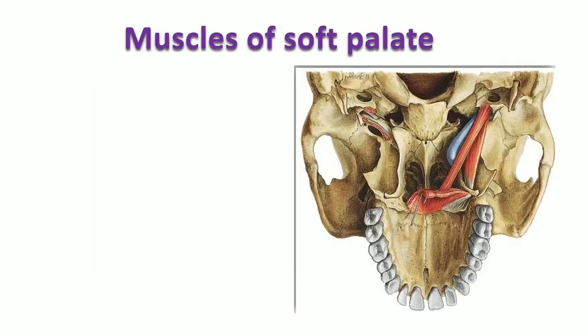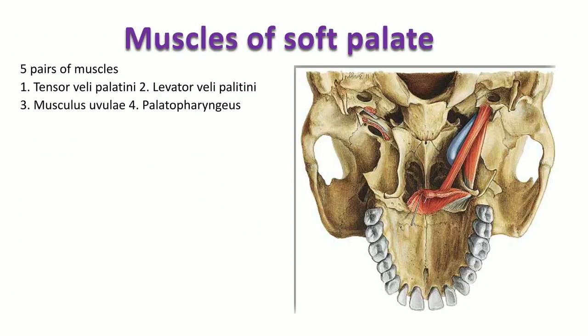So, muscles of the soft palate: as I told you, each half of the palate has 5 muscles, so totally in the palate there are 5 pairs of muscles. To name them, they are the Tensor Veli Palatini, Levator Veli Palatini, and then the Palatoglossus, Palatopharyngeus, and the musculus uvulae. We will try to understand the origin, insertion, action, and nerve supply of these 5 muscles one by one. So the first muscle which we are going to discuss is the